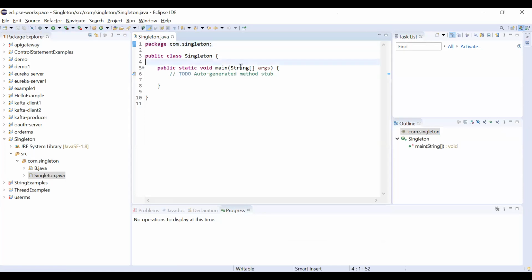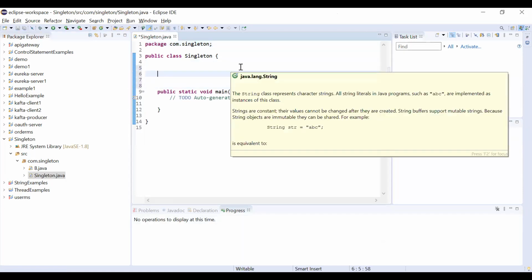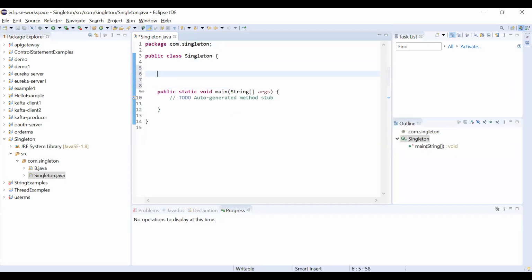Now we have created one singleton class. We already discussed there are two rules. One is we have to make the constructor private, so we created the private constructor.